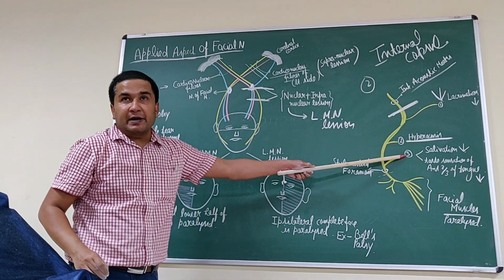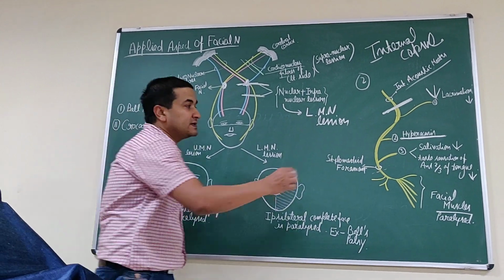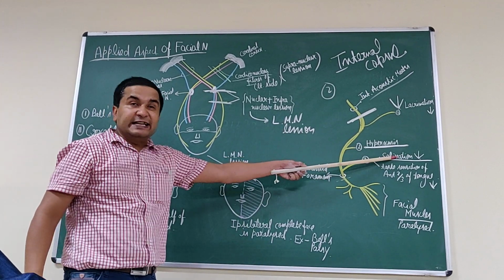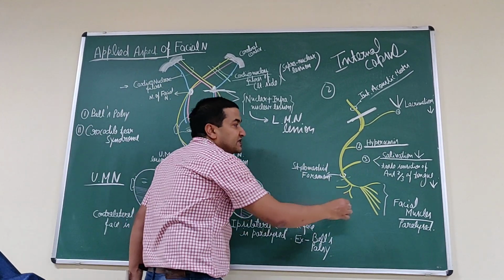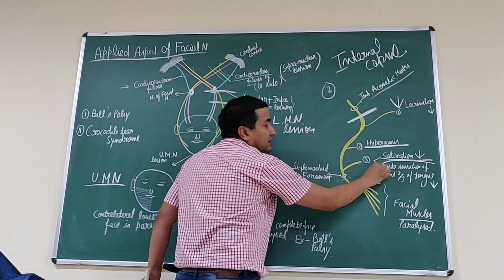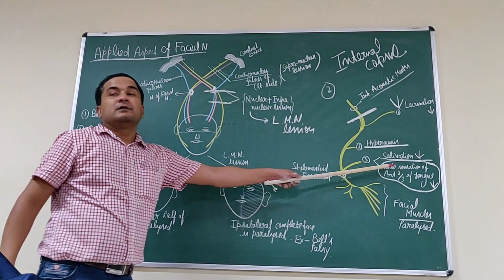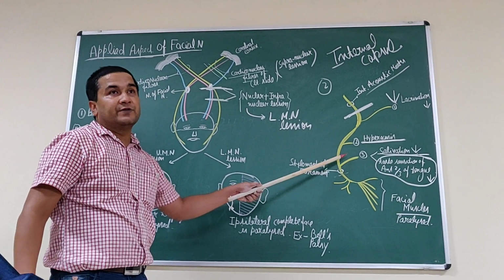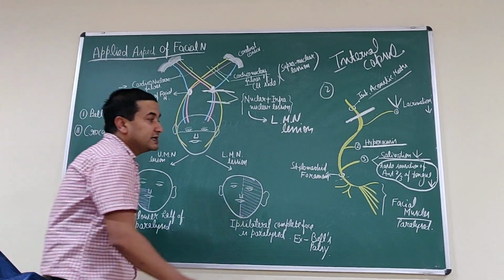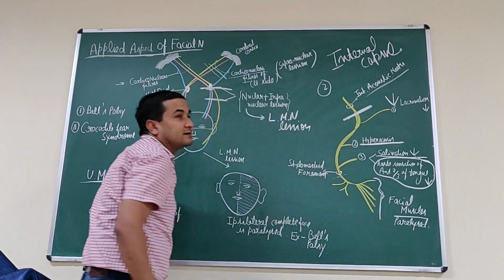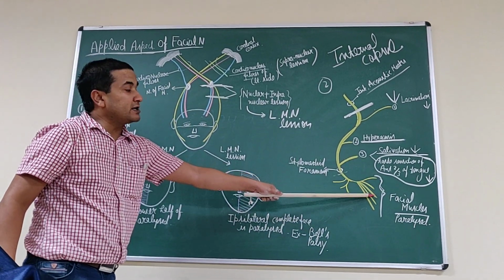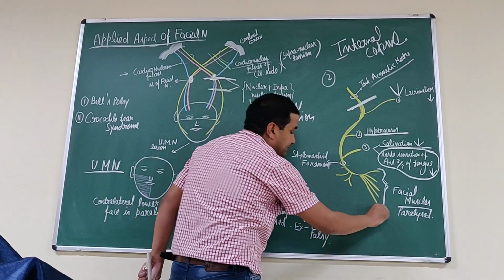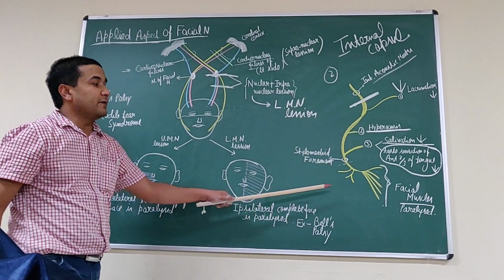Then the chorda tympani nerve loses its function, as a result of which salivation will decrease, not be completely lost. As well, there is an alteration of the taste of the anterior 2/3 of the tongue. This is due to the effect on the chorda tympani nerve. And ultimately all the branches to the facial muscles, temporal, zygomatic, buccal, marginal mandibular and cervical, will lose function, and this will lead to paralysis of the ipsilateral side of the face.